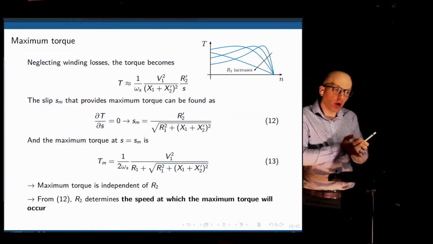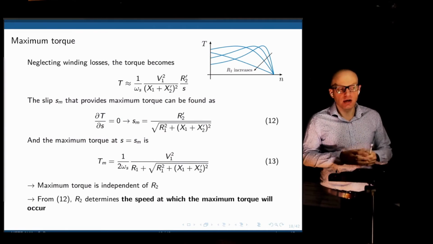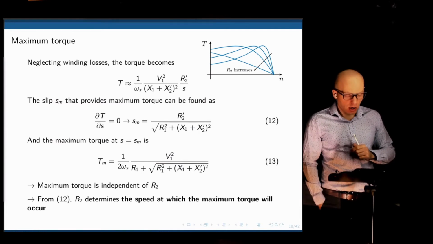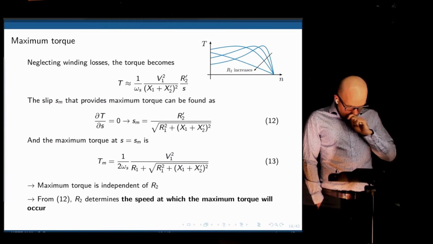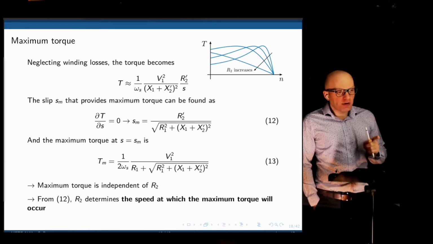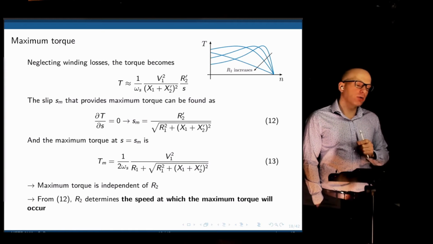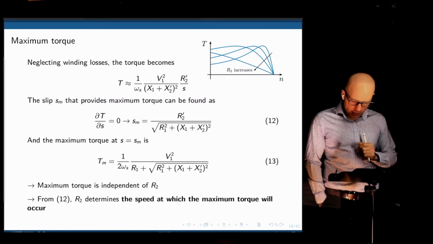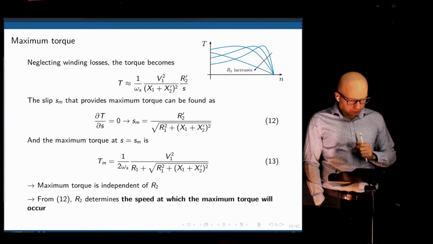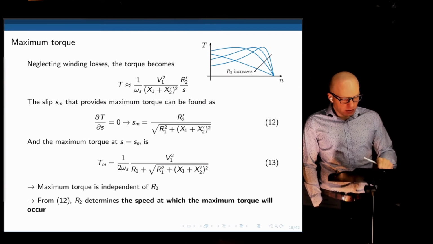We can now control the point at which this maximum torque occurs if you find a way to control R2 prime. The maximum torque itself is independent of R2, right? The point at which the maximum torque occurs is now controlled by R2, but the magnitude of that maximum torque is independent of R2. So how do we do that now? Well, these motors, because of the reactance,